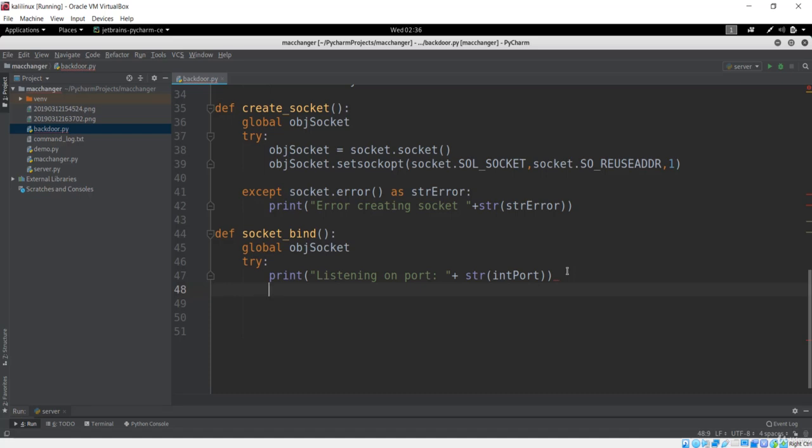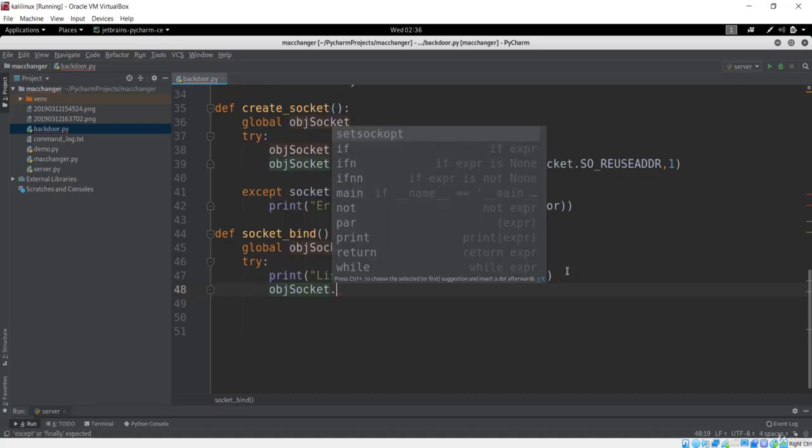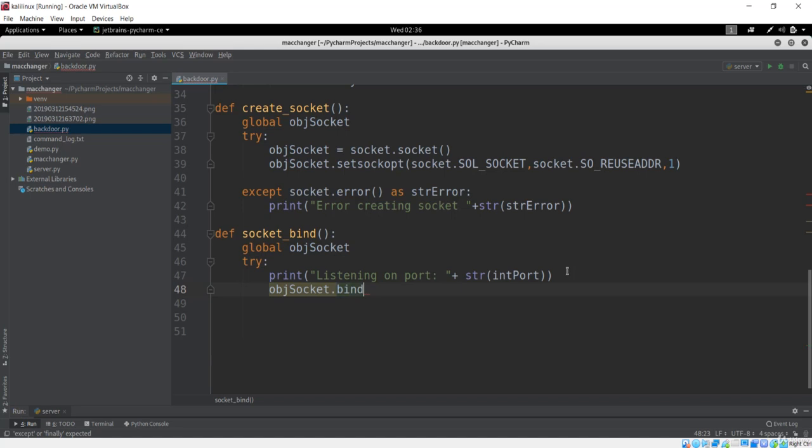So next thing is to bind. I'll take that object socket and bind it with the tuple, and the tuple here will be your str host, and next thing will be int port, which is our port. So this bind is basically the address family representative, and this will take the form of a tuple of our port and the host. So next thing is to call the listen, and I'll say 20 seconds,